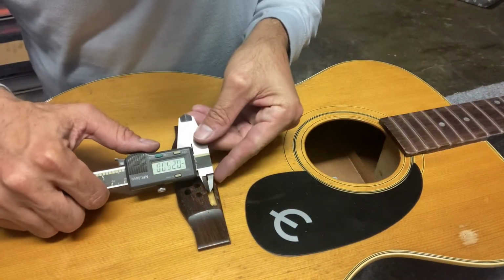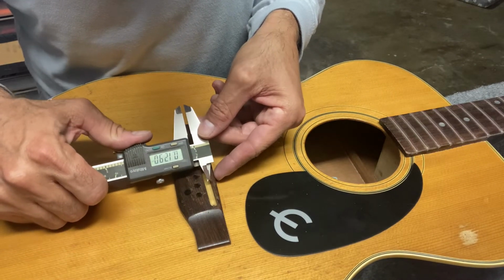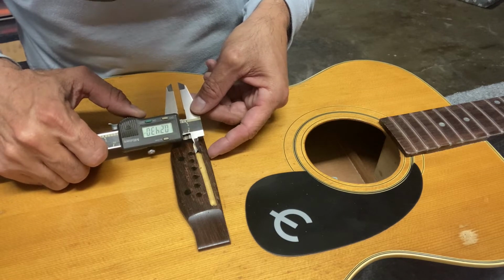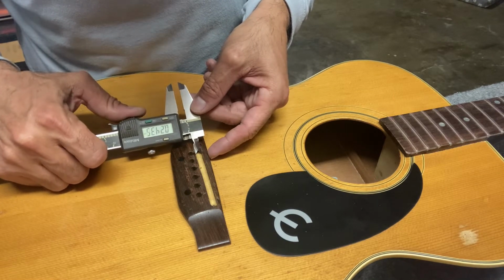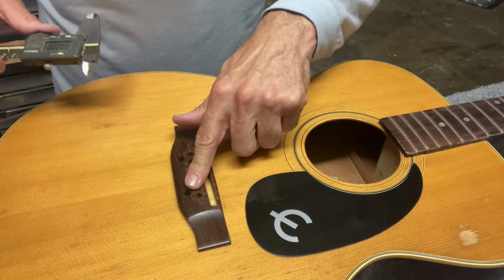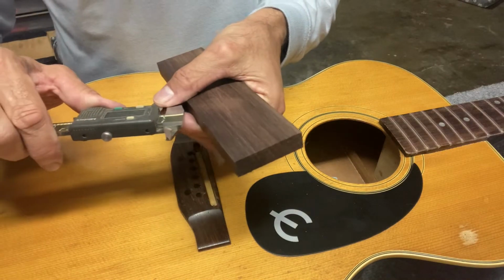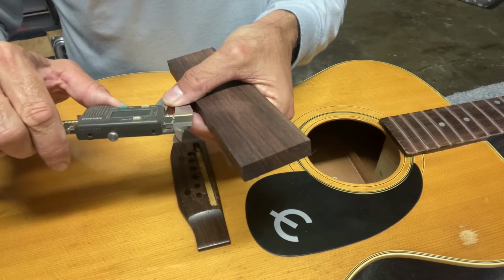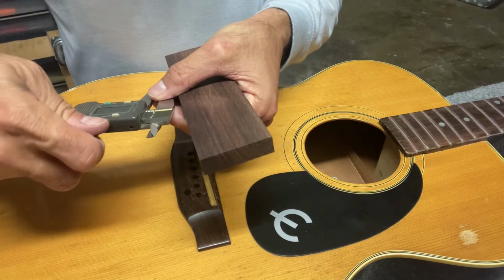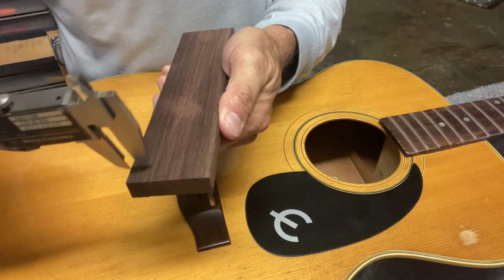First I need to measure this slot. 251, 250, 243. So it's a 1/4 inch slot. So I'll go ahead and mark off 250 on this, 252. I'll score a little line